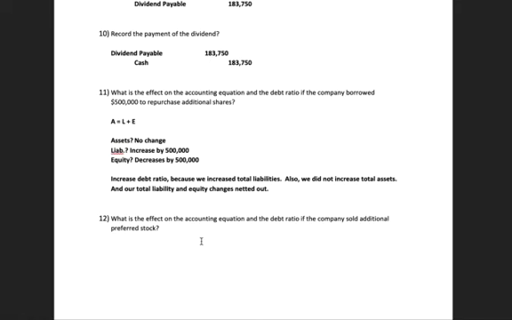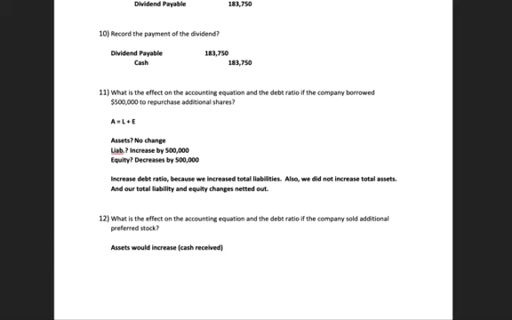Okay, last question. What is the effect on the accounting equation of the debt ratio if the company sold additional preferred stock? Let me set this up here. Okay, so assets would actually increase. So we sold additional preferred stock. So what happens when you sell stock? You get cash. That's the whole point of selling stock, to raise capital. So our assets would increase from the cash received,